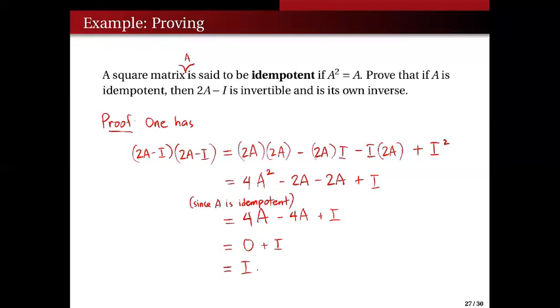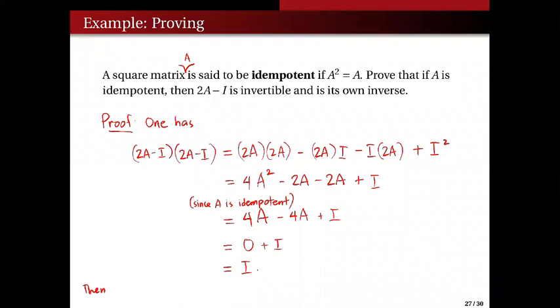So what does this mean? You have two matrices multiplied to each other. In fact, you have a single matrix, you multiply it with itself. And the resulting product is the identity matrix, which means one of the factors is the inverse of the other factor. Or in this particular problem,